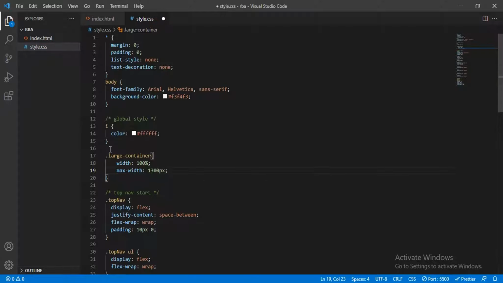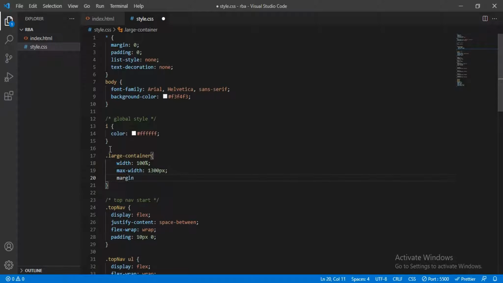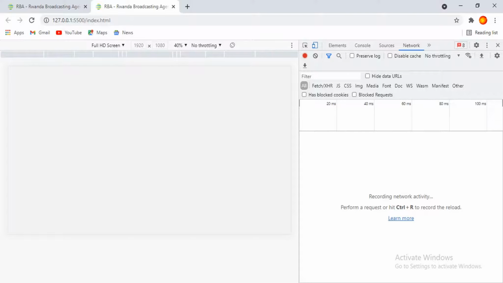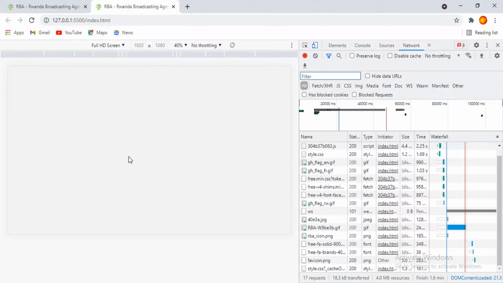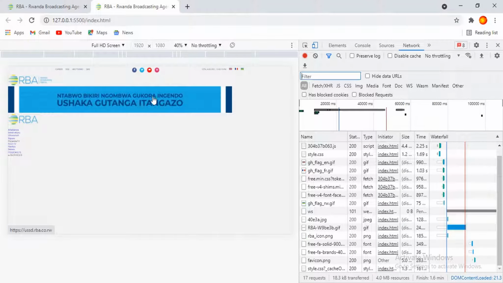Pixels. Another thing is we want our container to be centered. Okay, it will be centered in the screen. We use margin, then 0 on top and bottom, then auto. It is splitting the space equally between the right and left. Okay, if we save this and go to our browser, now you can see the navbar. You see that the content is placed and our navbar is no longer too wide,